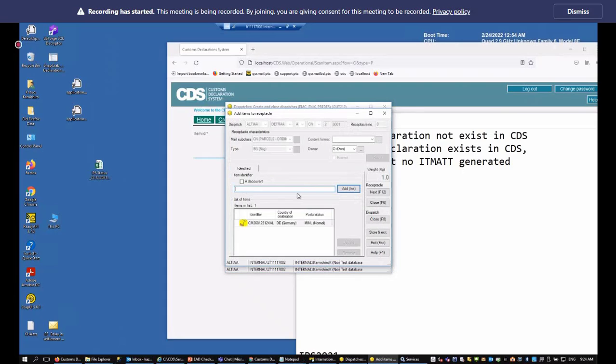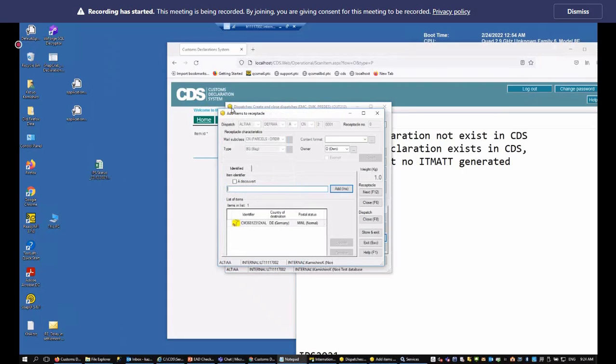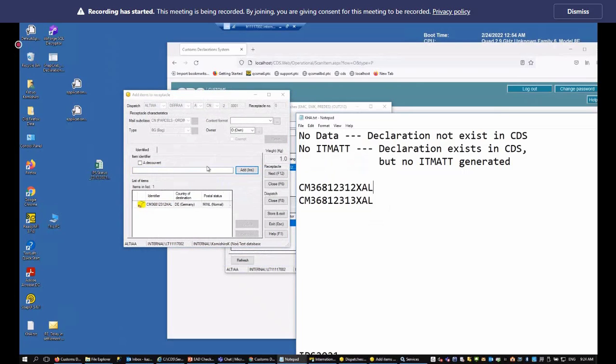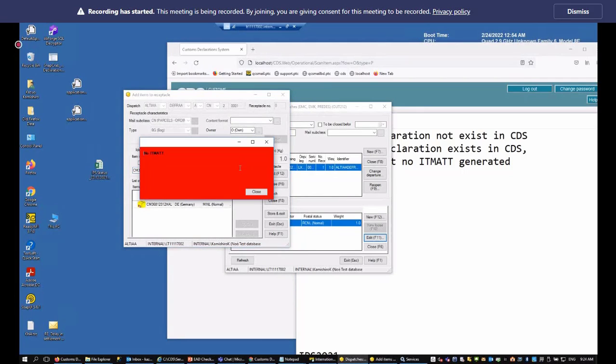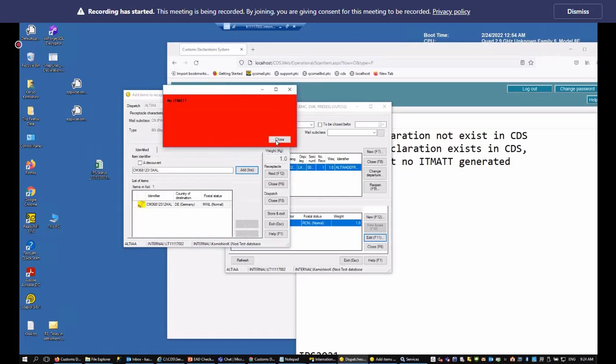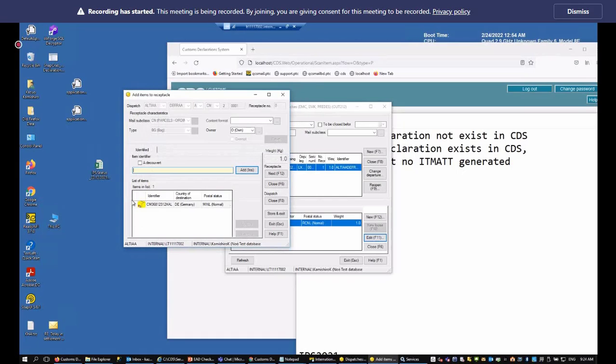Then I insert the item without an ITMATT message. Since I reverted the IPS configuration to the very strict one, to block the operation. No ITMATT, and if I close, it doesn't go, it disappeared. So do you know what it means? It means that unless the item has the ITMATT message, IPS does not accept the item into the mailbag. So that for Germany,